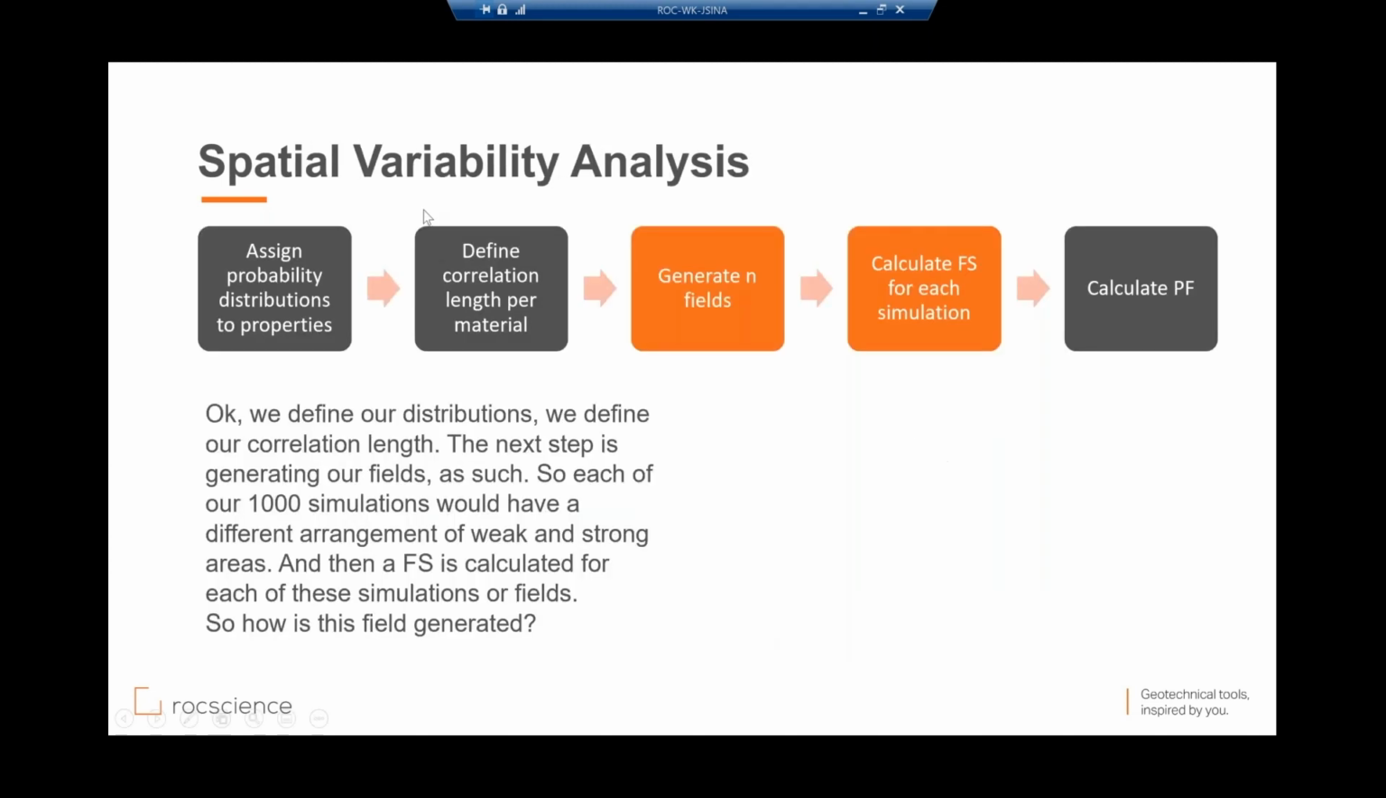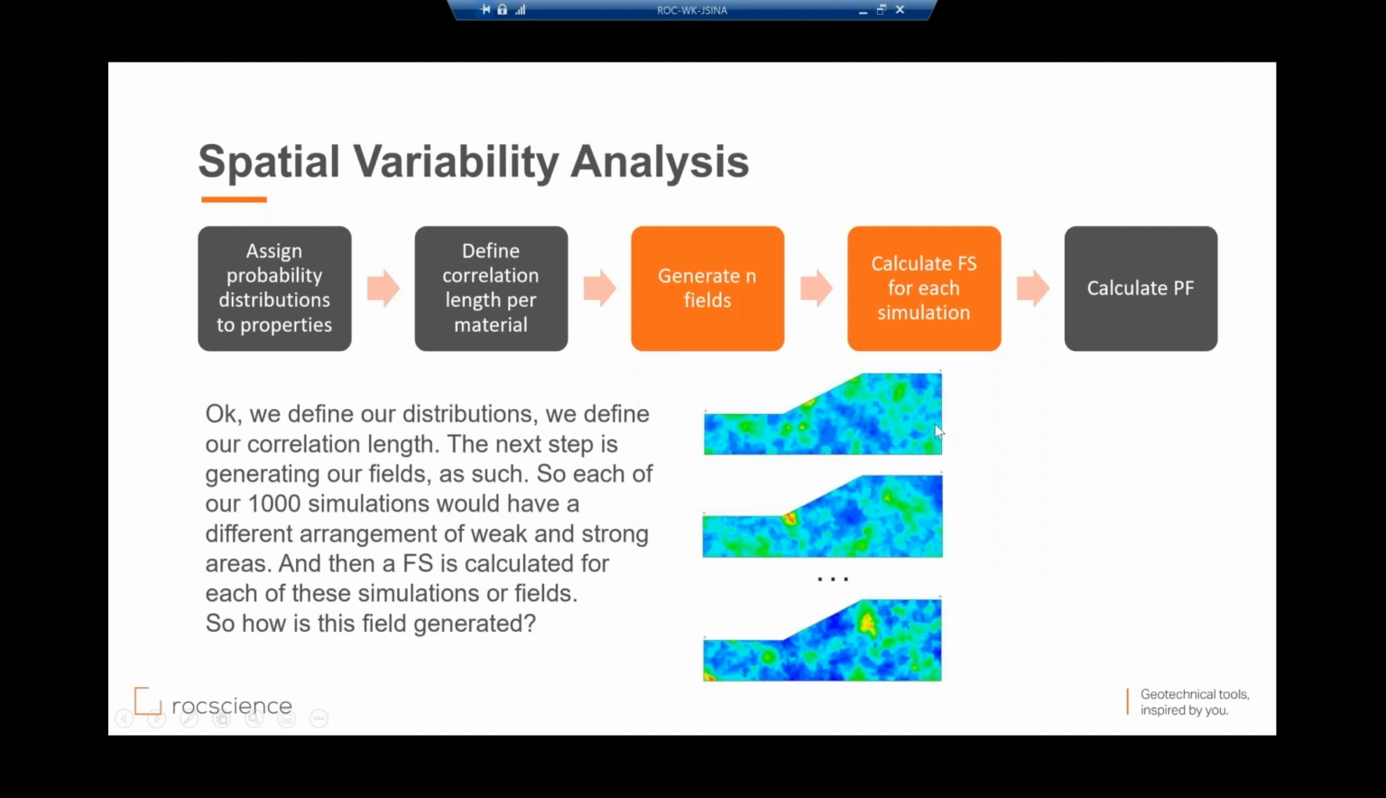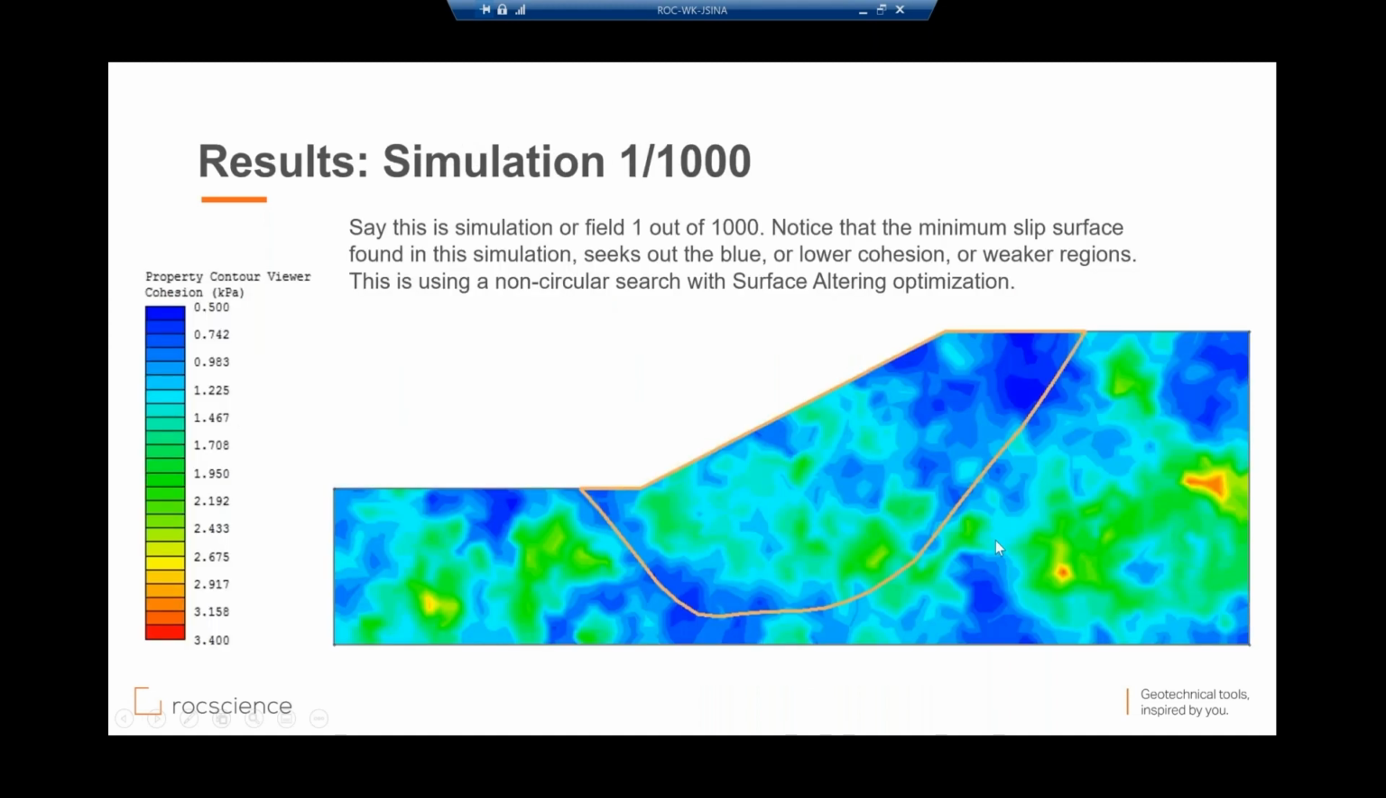So after defining the correlation length, the next step is to create different simulations. Now in each simulation, we have one spatial field. So when a simulation changes, the spatial field is changing as well. And for each simulation, we have to calculate the factor of safety. This is the important part. We have a spatial field with weak and strong regions of material, and now we need a method to find the weakest failure path. If you use the circular method, the circle doesn't care if the material is strong or weak. It goes through weak and strong